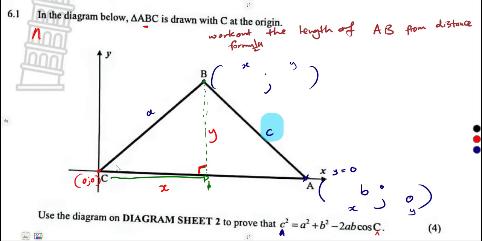Let's focus on angle C. According to the right angle that we have formed here, there is angle C. So according to angle C, Y is the opposite, X is adjacent. So remember your trigonometrical ratios,